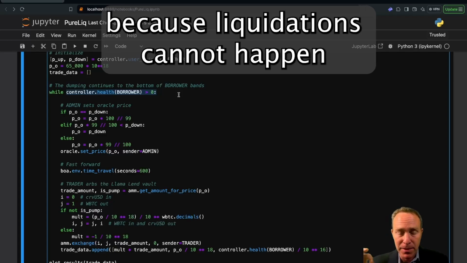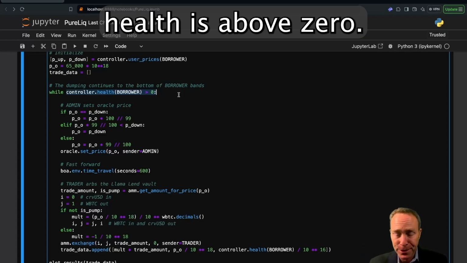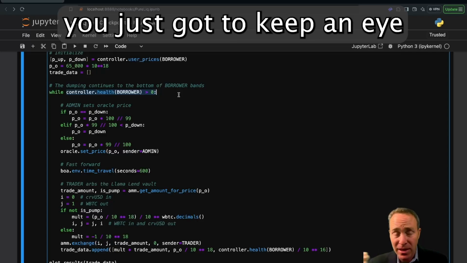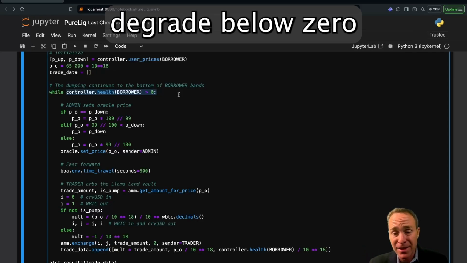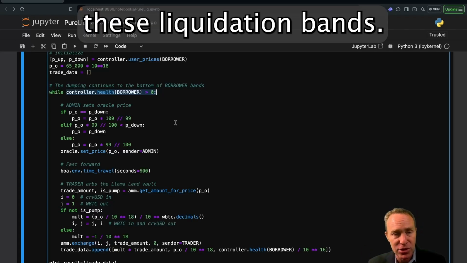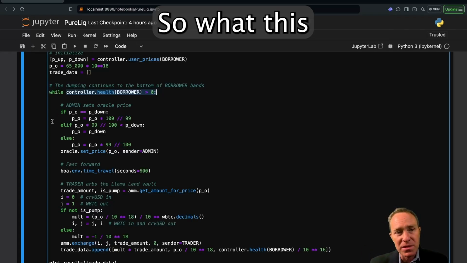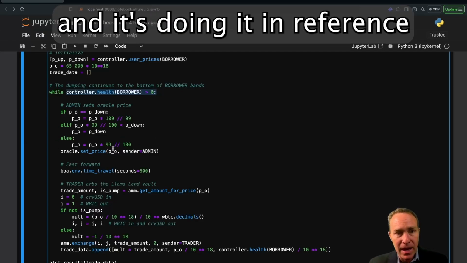This is a key concept because liquidations cannot happen while the borrower's health is above 0. If you're borrowing from LLAMMA, you just got to keep an eye on that health number. Don't pay too much attention, because health can actually degrade below 0 at many different points within or below these liquidation bands. So what this here is doing is it's looking at the target price for the trades, and it's